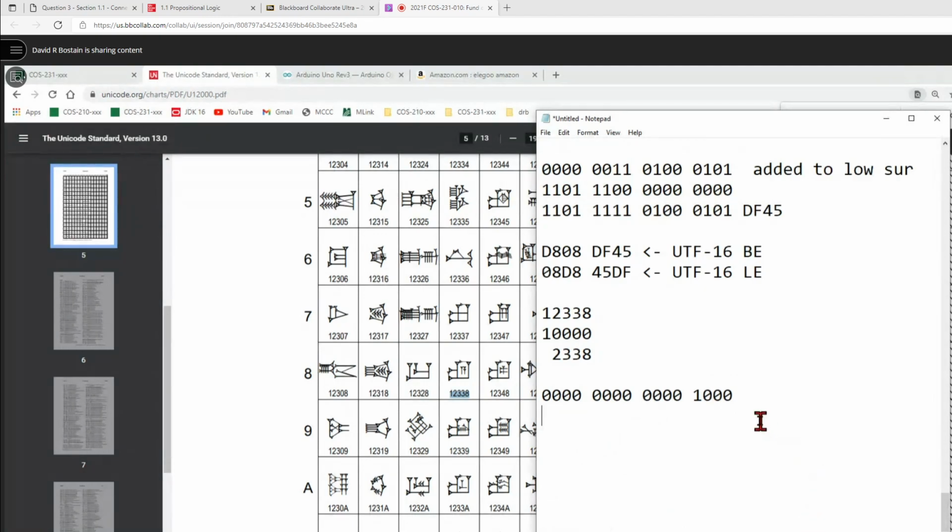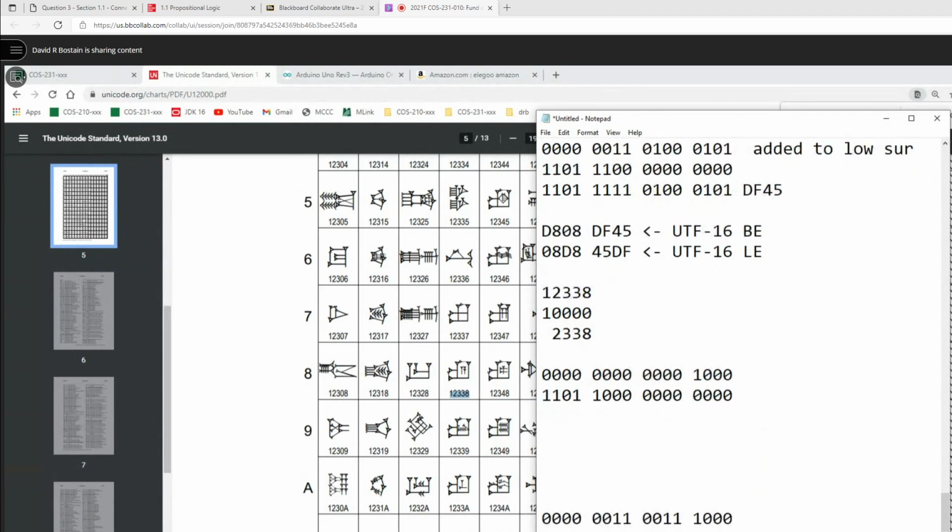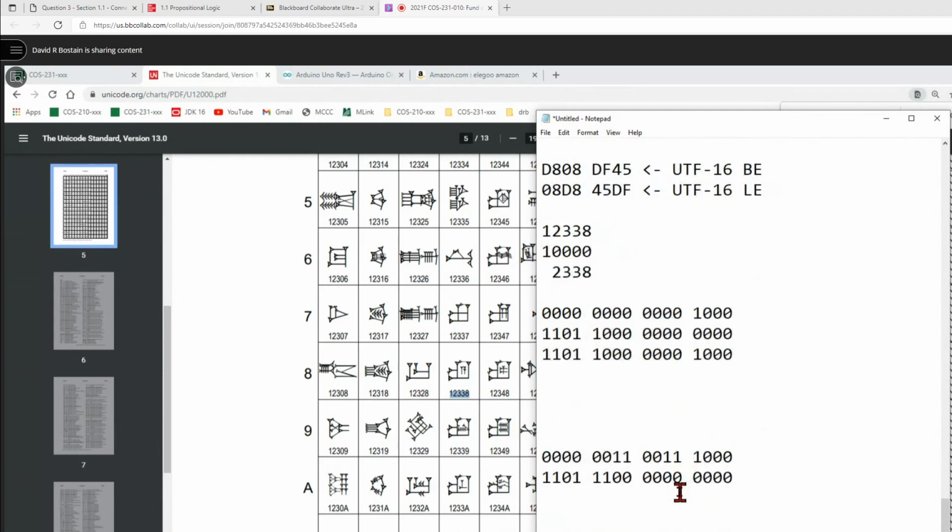Now we take the top number and we add D, 8, 0, 0 to it. And in the bottom we add a D, Charlie, 0, 0. We should be able to just add those up. 1, 1, 0, 1, 1, 0, whoops. And down here,